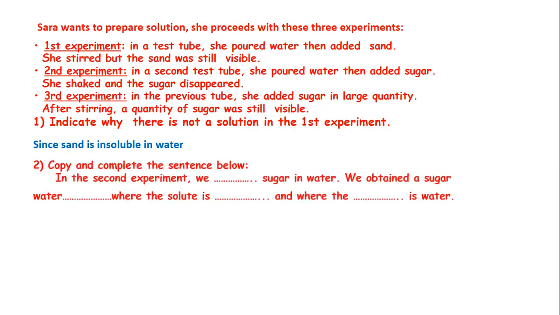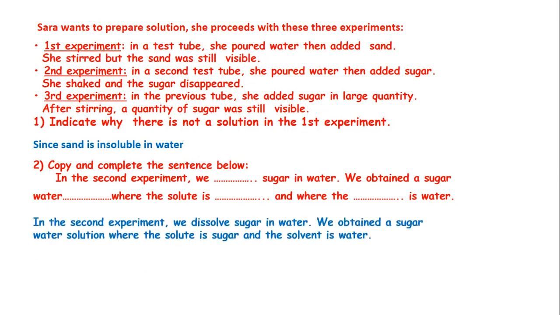Two, copy and complete the sentence below. In the second experiment, we blank sugar in water. We obtain a sugar water where the solute is blank and the blank is water. Let's see the answer. In the second experiment, we dissolve sugar in water. We obtain a sugar water solution where the solute is sugar and